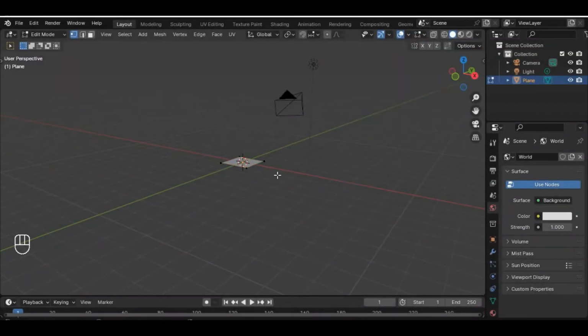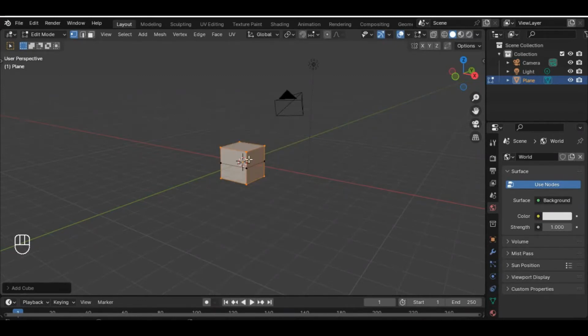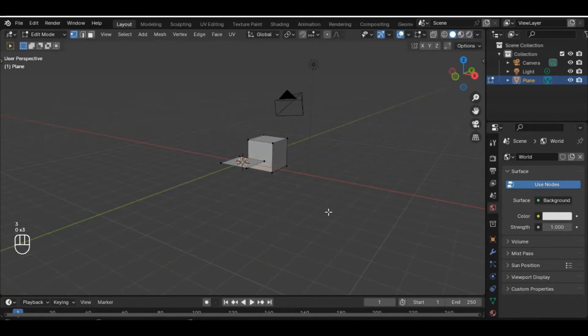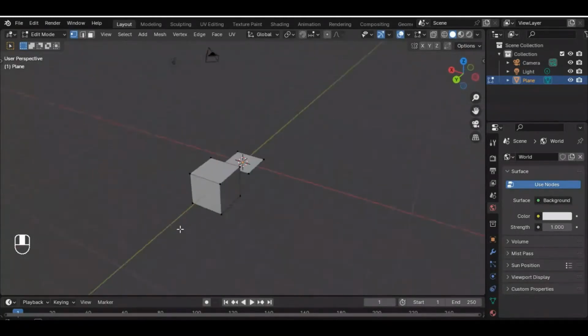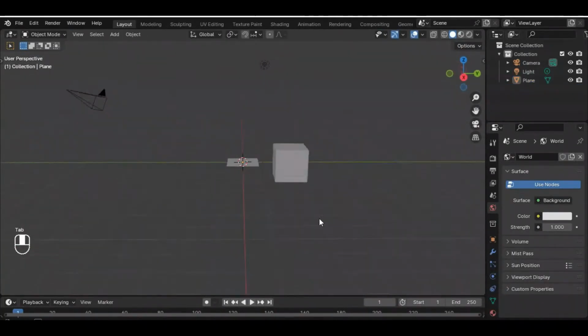Now let's try to do something right now. So I'm importing this thing. Let me go to edit mode. I can also still import something else, like let's say a cube and all that. Then I can move the cube, G Y. Like, let's move it 1000, or let's move it 3000. You see, now with these two objects I have here, if I go into object mode, they are just